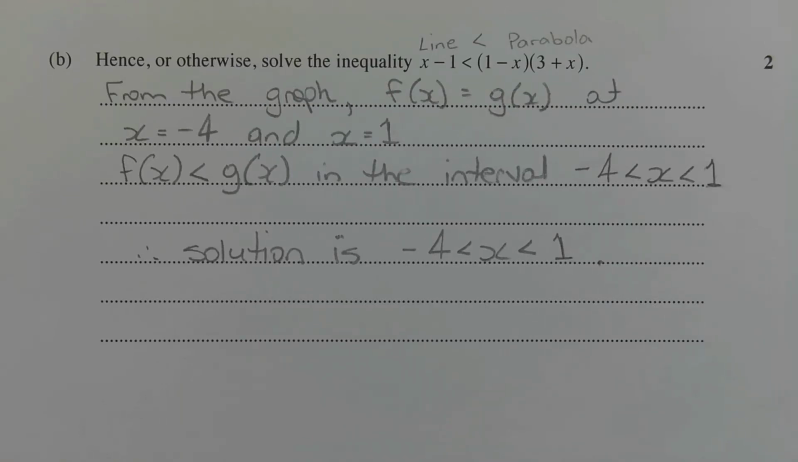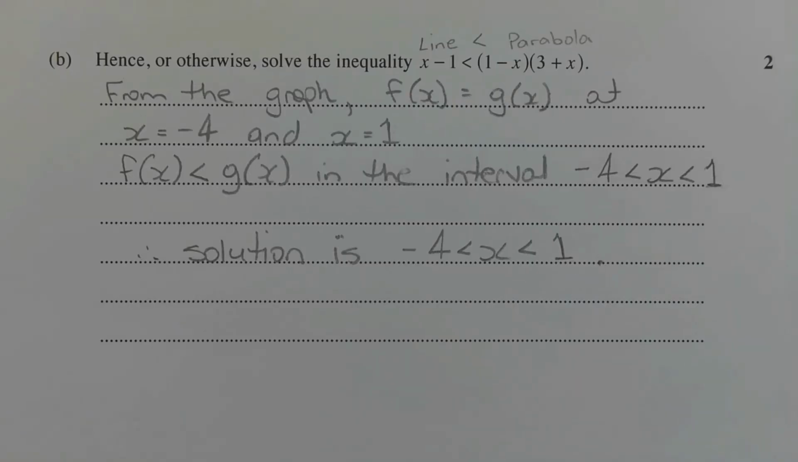I'm going to use the graph to solve the inequality. What we want to find are the values of x where the line x minus 1 is completely underneath or below the parabola 1 minus x in brackets times 3 plus x in brackets. The first thing I need to establish though are the values of x where f of x is equal to g of x. Even despite the fact that we have an inequality sign here which is less than, which does not include a condition for equality, I still need to find the points where the line and the parabola intersect,